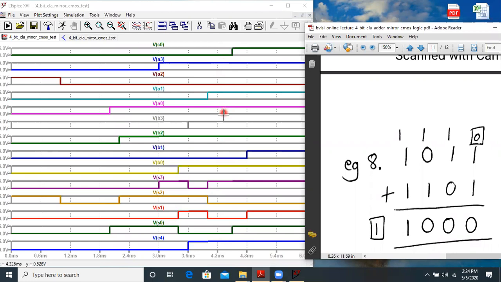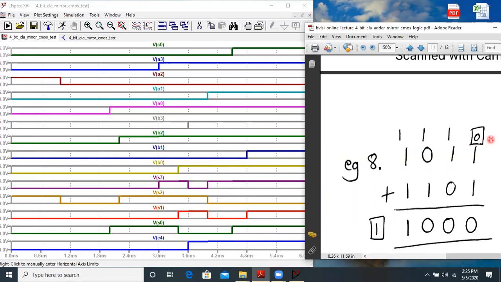B3 to B0 as 1 1 0 1, that is also correctly written on the right hand side. Now S3 to S0 will be 1 0 0 0, and C4 is 1. So here also it is correctly written.